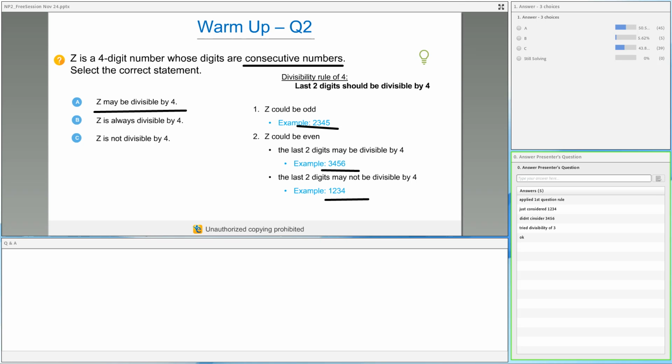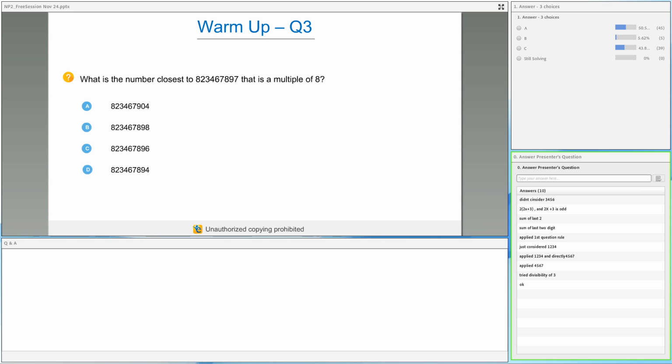Okay, you didn't consider. Whenever you're solving questions like these, if you're not using the generalized form, it is always good to check two, three cases. It's always best to analyze from all perspectives. When you're talking about 4, you should always look in terms of even and odd. Among even numbers, there are a lot of numbers which are even and divisible by 4, so you should look for a case where it's possible or not. The other purpose of giving this question was to tell you that you cannot apply the same divisibility rule everywhere. With this in mind, can you try this next question?